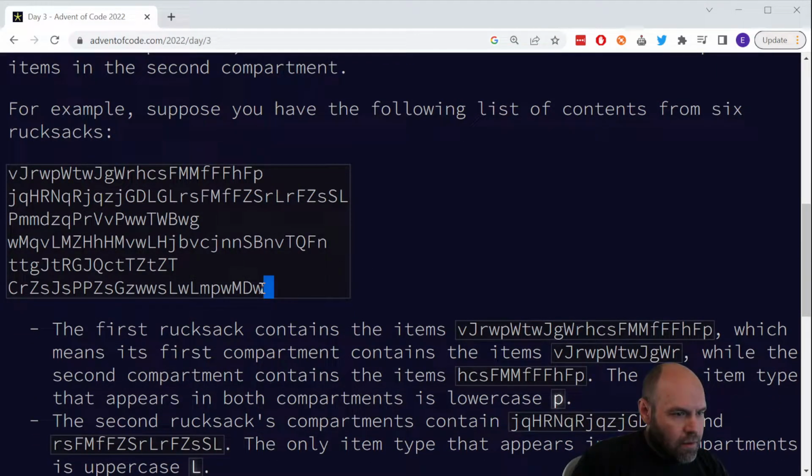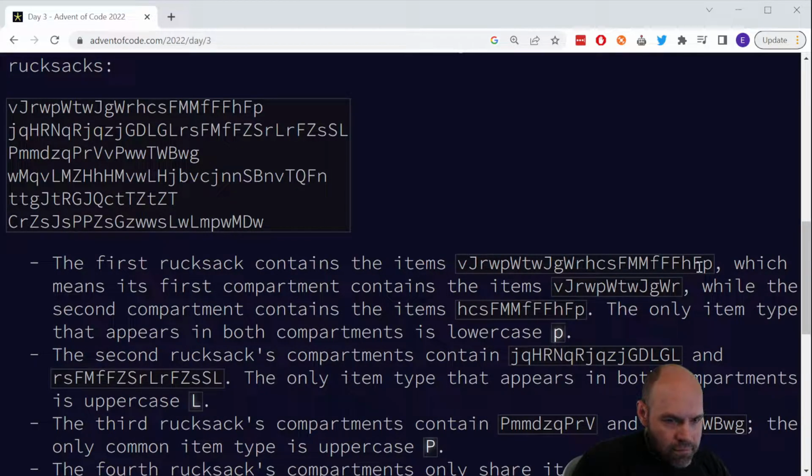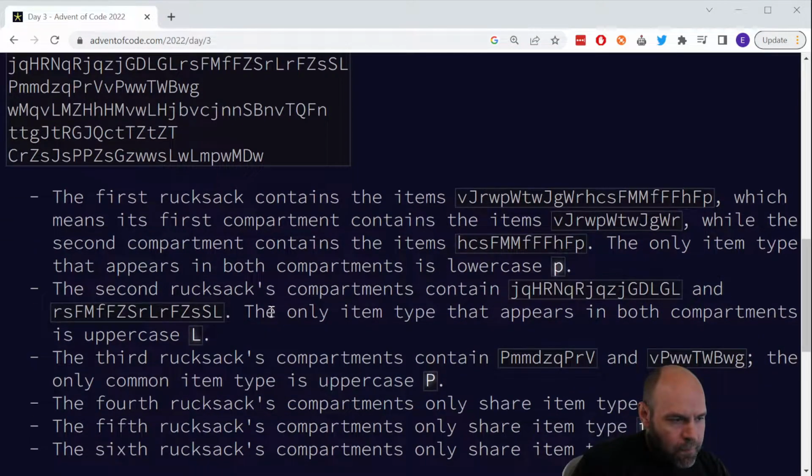The first rucksack contains the items, which means its first compartment contains one set of items, while the second compartment contains another. The only item type that appears in both compartments is the lowercase p. The second rucksack's compartments contain two strings, and the only type that appears in both is uppercase L. And then so